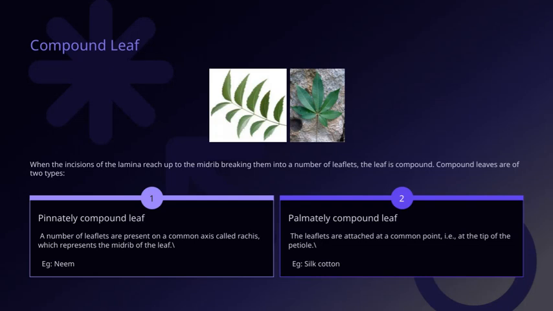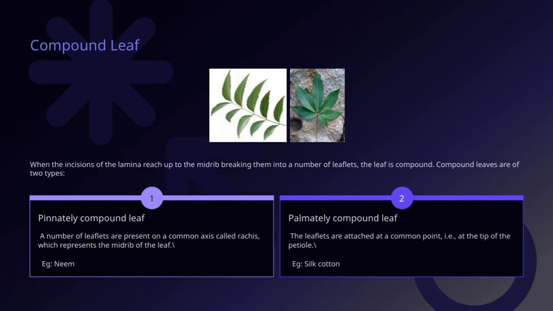Let's take a closer look at some common types of compound leaves. First, we have the palmately compound leaf, like the neem tree. In this type, the leaflets are attached at a common point, which is at the tip of the petiole, giving it a shape similar to the palm of a hand. This arrangement is quite distinctive and easy to recognize. Next, we have the pinnately compound leaf. Here, the leaflets are arranged along a central axis called the rachis, which is essentially the midrib of the leaf. You can think of it as a feather, with leaflets attached on either side of the rachis,